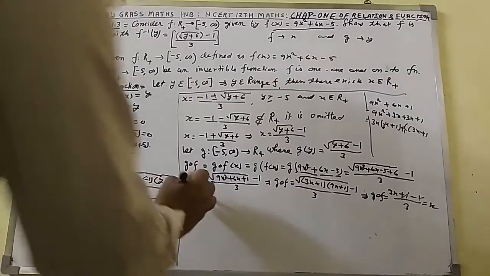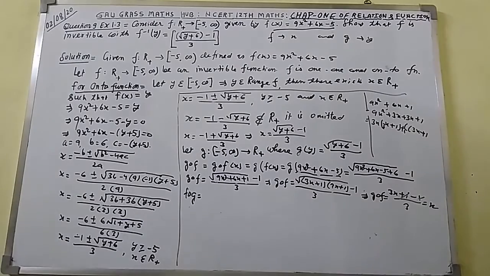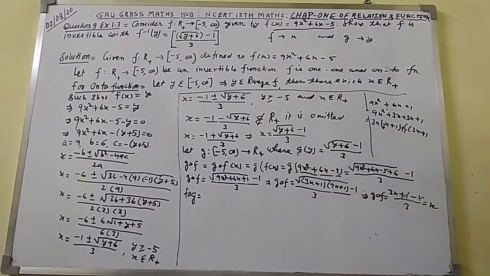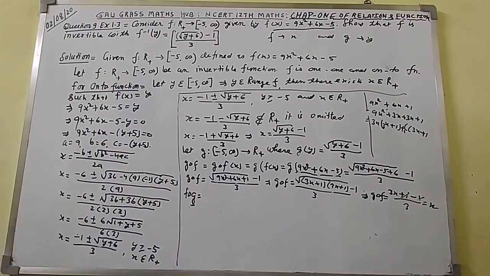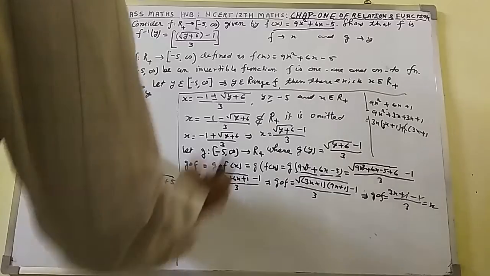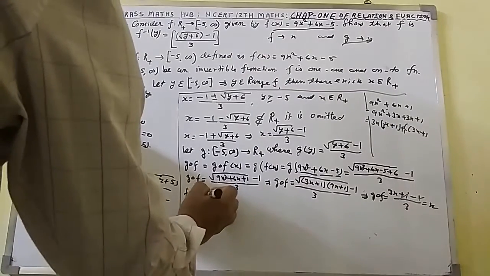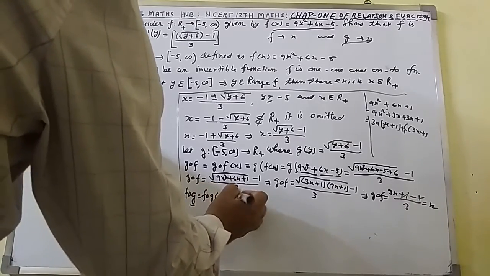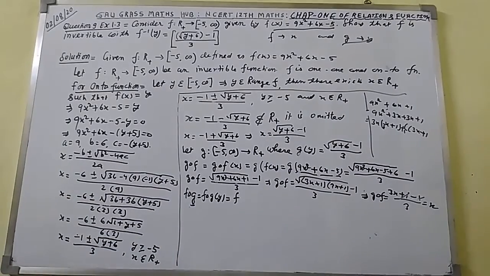Now come down to f o g. In f of g, the last letter is g, and g is related to y. So here you can easily write f o g related to y. Write here y, so this becomes f, and this small o will be converted into a bracket.